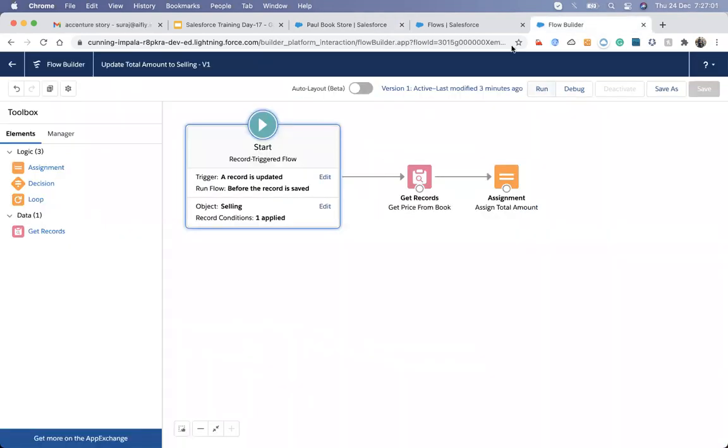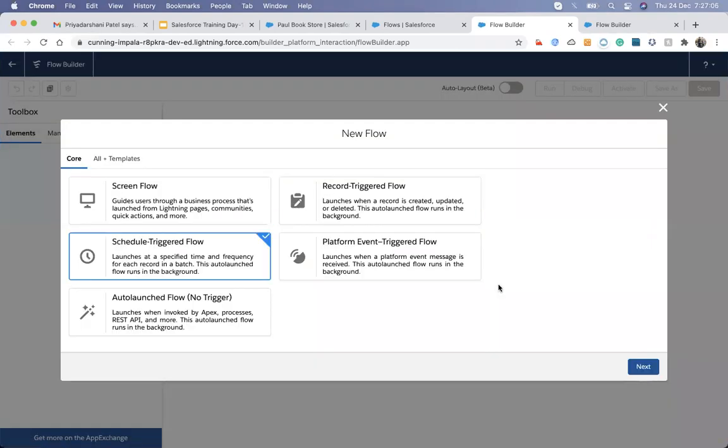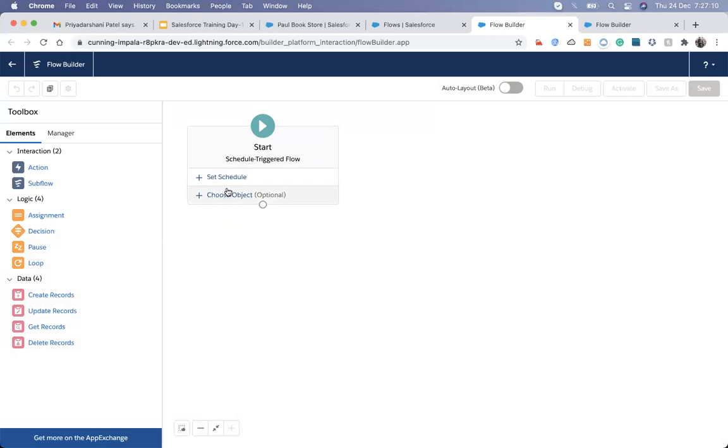But other things are the same. If you execute this one, I'll just take a quick look, so that you can see.